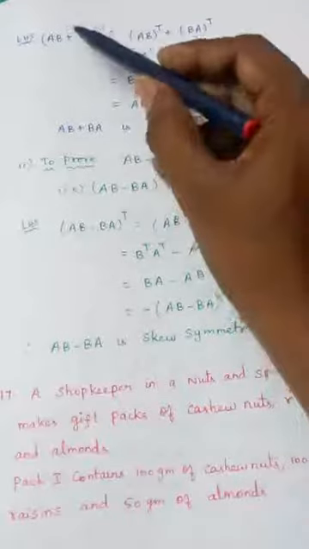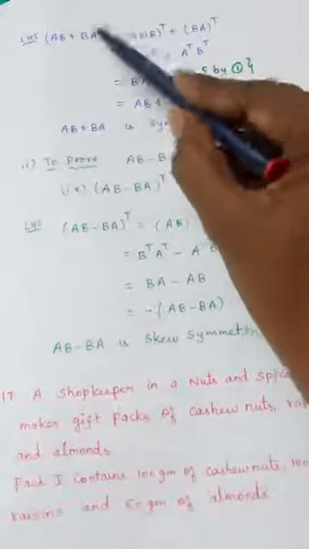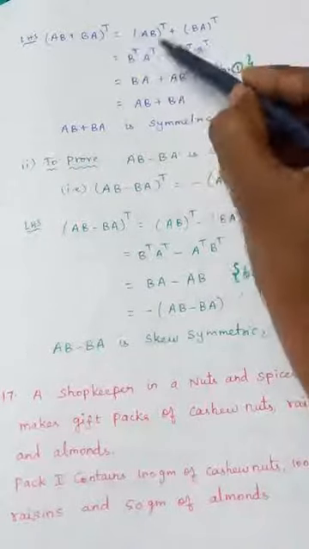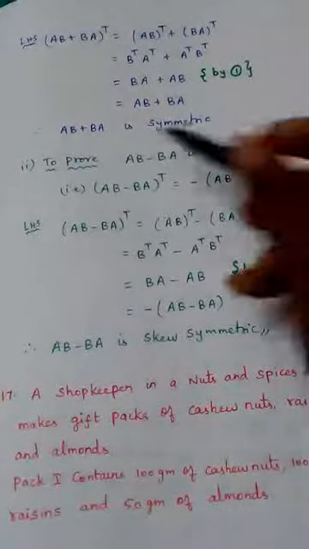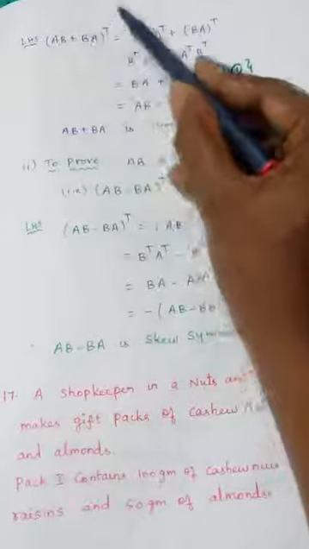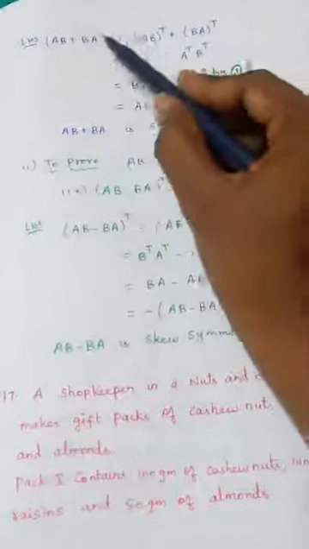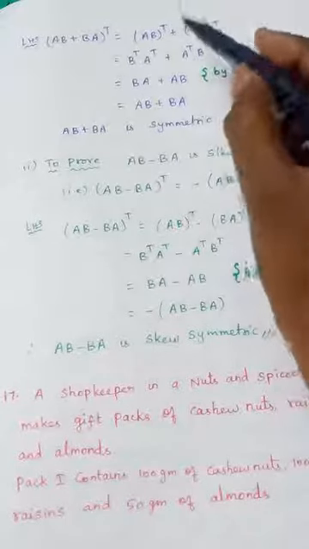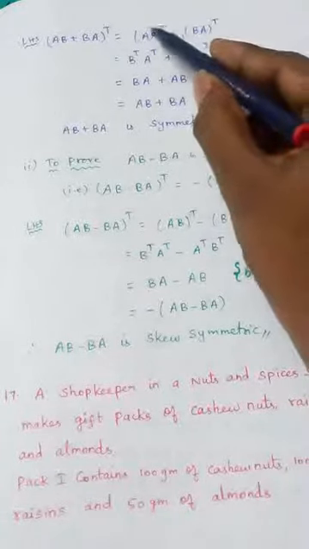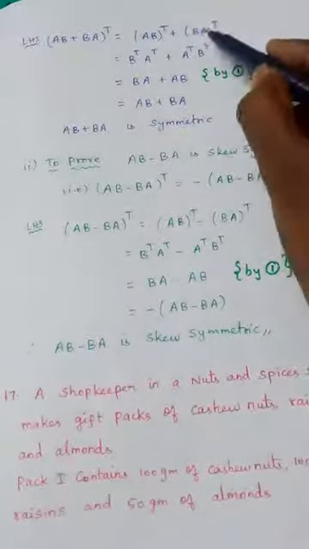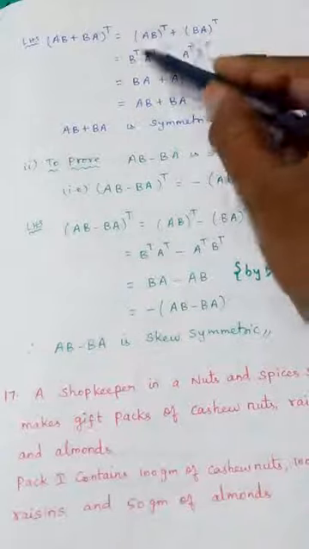First we will take LHS and we will try to prove it is equal to RHS. Now just listen, this is LHS, AB plus BA whole transpose. Now this can be written as AB transpose plus BA transpose. This we have studied in the properties of transpose, yes or no? A plus B whole transpose can be written as A transpose plus B transpose. In the similar way, since two terms are present, this can be split like this. And using reversal law, AB whole transpose can be written as B transpose A transpose. Similarly here, A transpose B transpose. So using reversal law, I am writing the answer for these two.